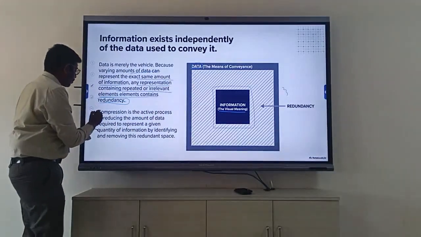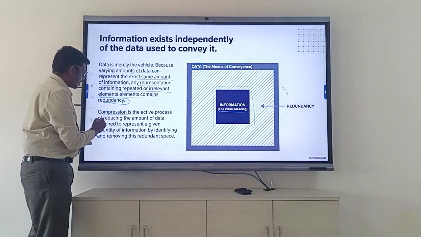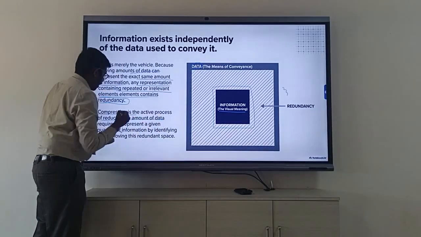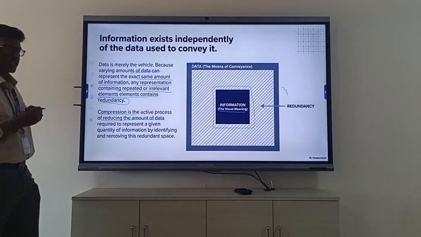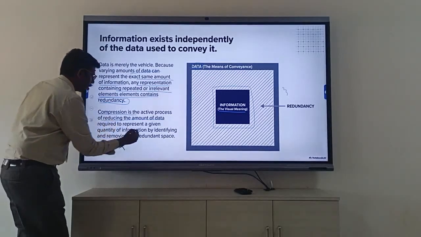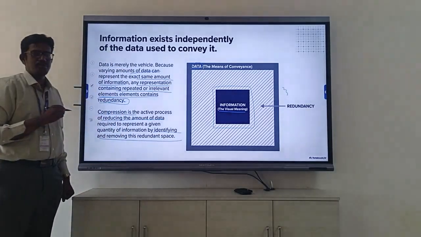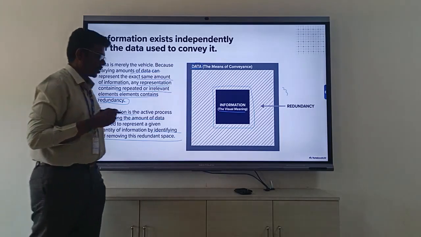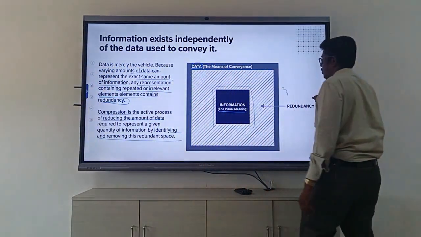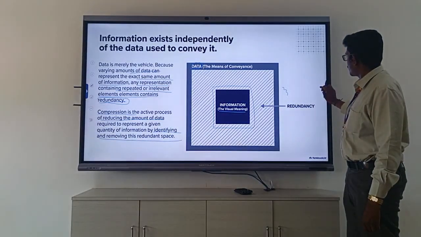The need for compression is that compression is the active process of reducing redundancy, reducing the amount of data required to represent a given quantity of information, and also identifying and removing these redundant spaces for effective transmission and effective storage. So for different purposes we have to compress the data. Next we go for